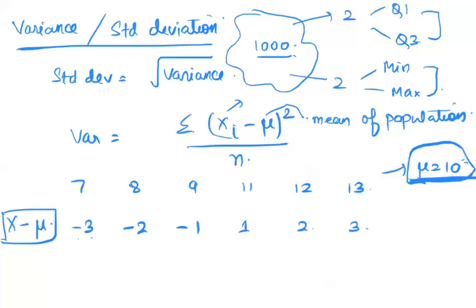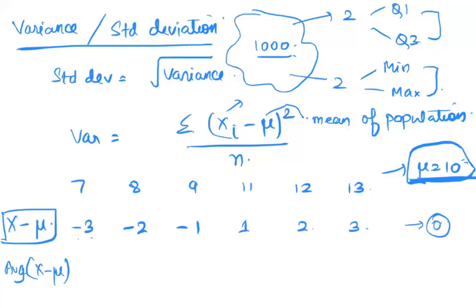Now, the ideal scenario would be to find an average of this, the average of x minus mu. If I find an average of this, that would tell me on an average how different people are from the central tendency measure. If I compute an average of this, it will come out as 0. Right? -3, 3 cancel out, -2, 2 cancel out, -1, 1 cancel out. So it will become a 0.